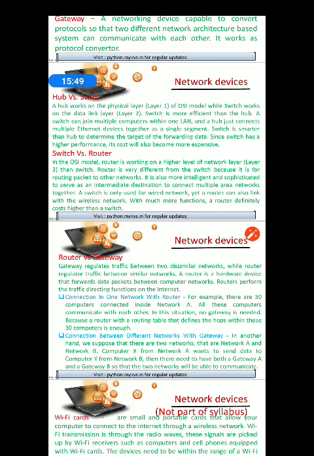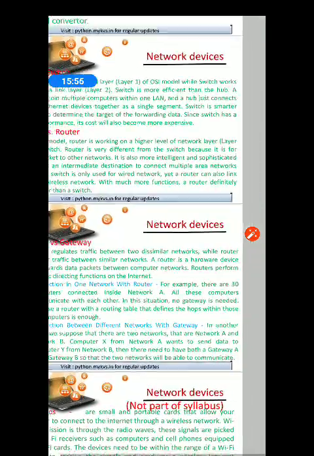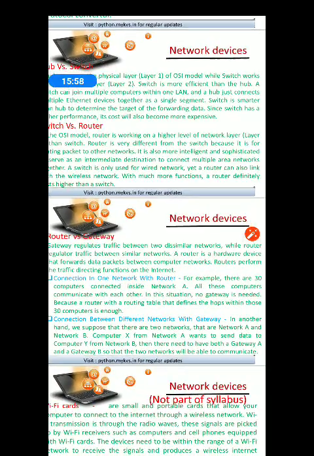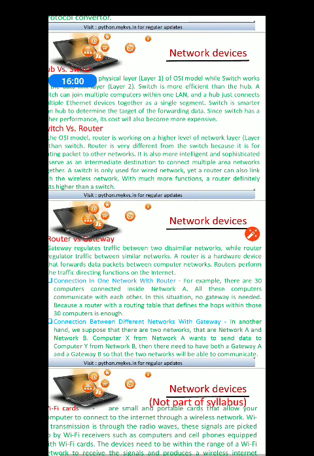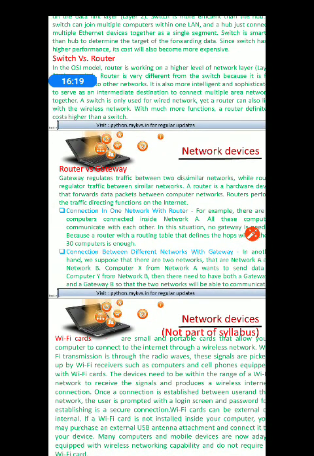A router is a hardware device that forwards data packets within computer networks, whereas a gateway performs the traffic directing function on the internet. If you want to connect within one network, you may use a router, whereas if you want different networks, you may use a gateway. So these are the differences between these devices.